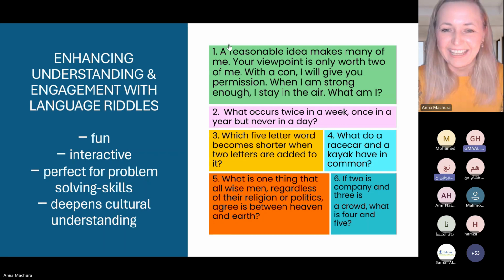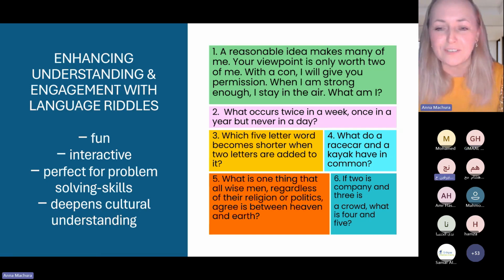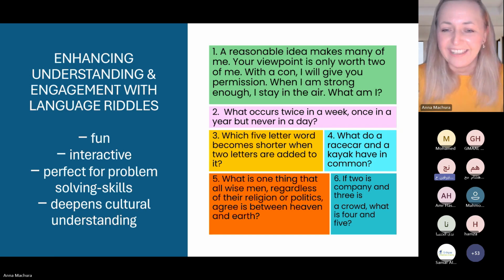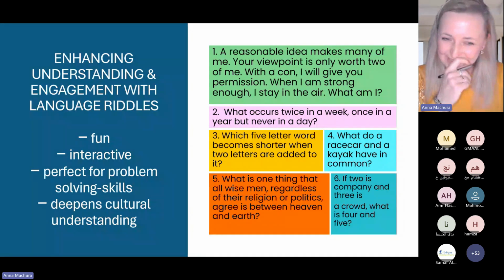May I answer number 3? 5 could be the letter A, right? Oh, yeah. First come, first served, guys. Number 3. Who wants to do that? Okay, number 3. This is me, Nervine. Okay, the word short. Shorter. If you add ER to it, then it's shorter. Okay, good, good, good.